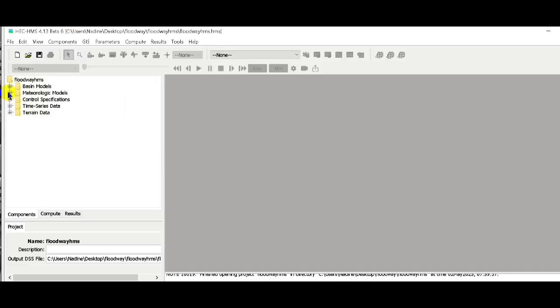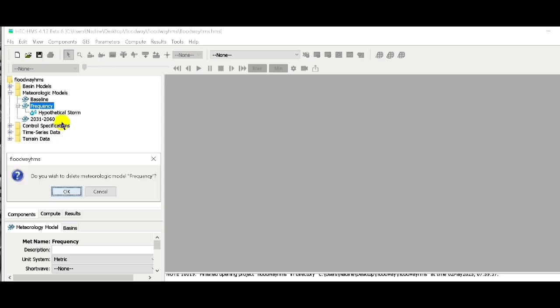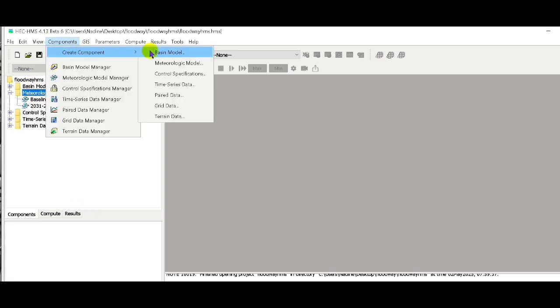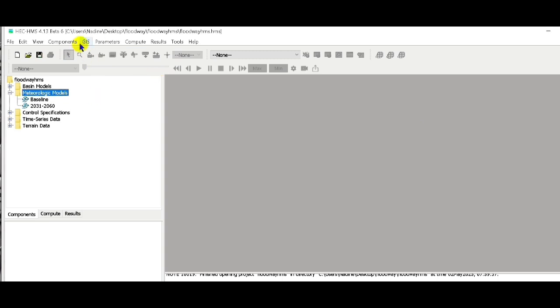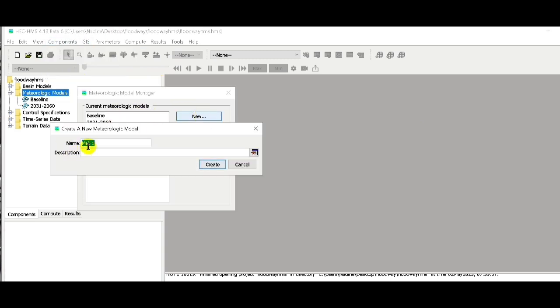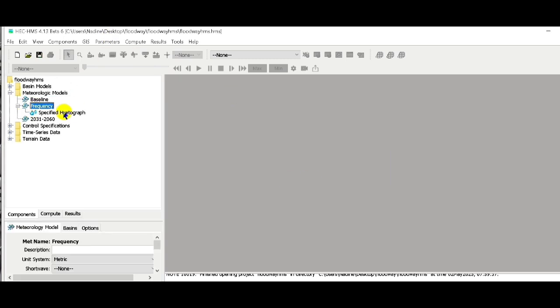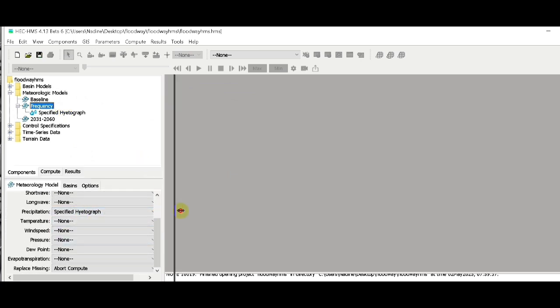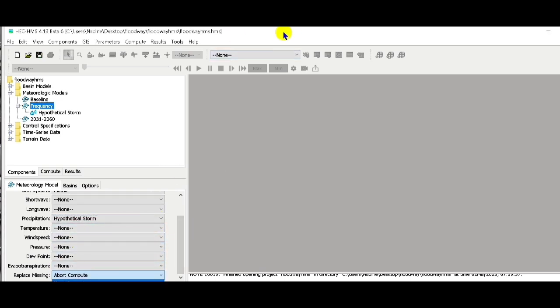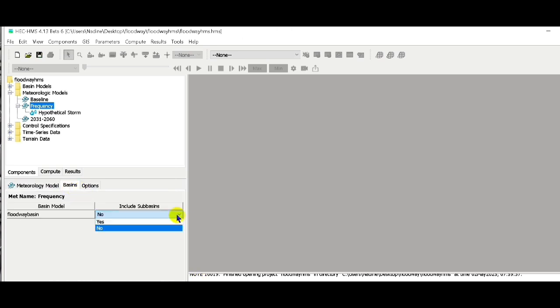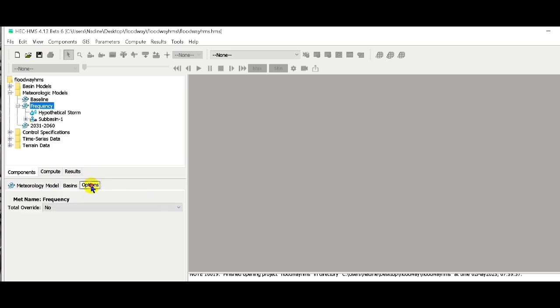So open your project in HEC-HMS, and we create here or add a component in this meteorologic. So we create new component in meteorologic, and we name it here as 2-year frequency. And instead of specified hyetograph, we change this to one hypothetical storm and set to default. And click yes. This one also yes,